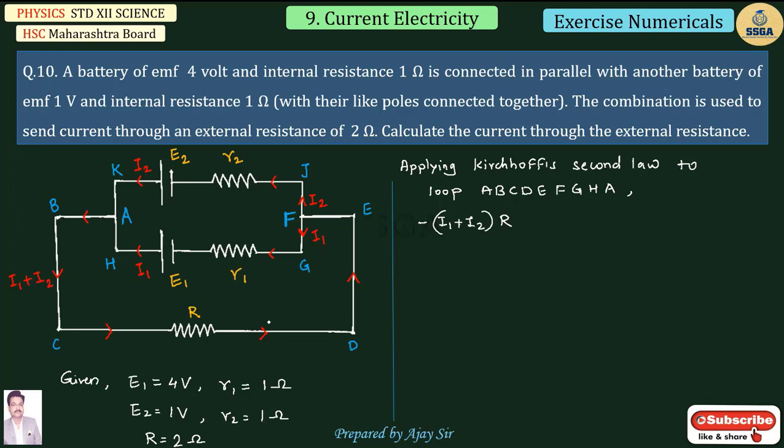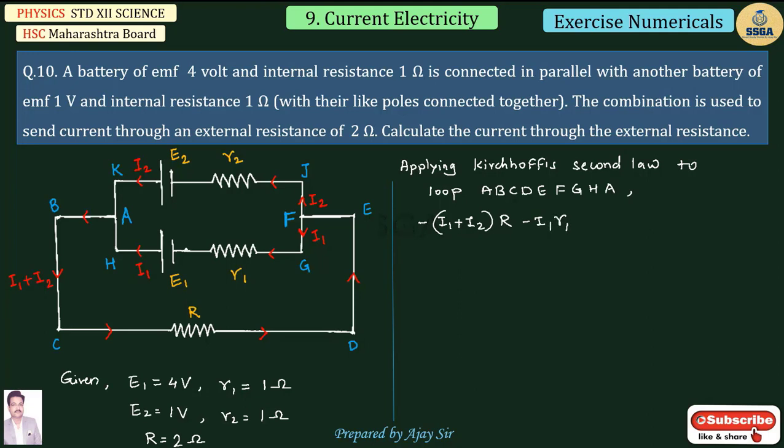Now the same current flows through this arm. Again this current divides into two parts. One part, the I1 current, flows into this arm. Here also the direction of tracing and the direction of conventional current are the same. Therefore again the potential difference across this small internal resistance is negative, minus I1 into R1.